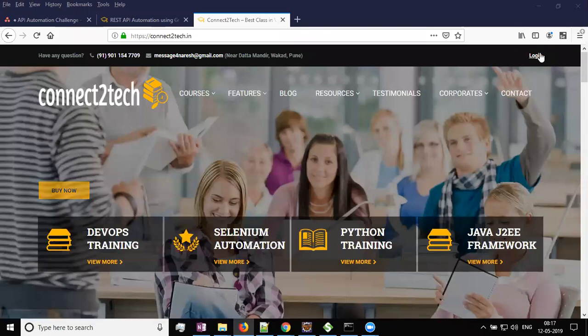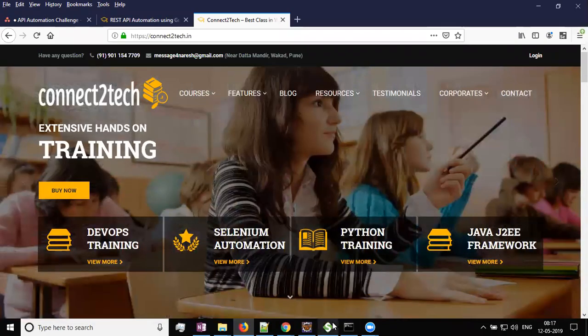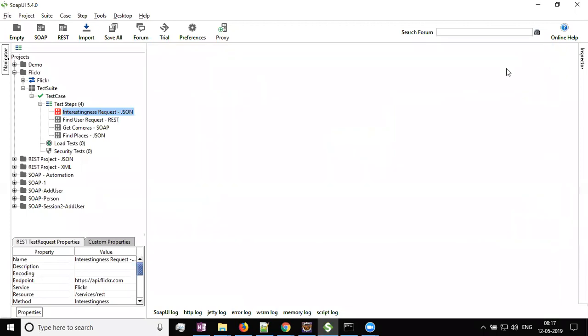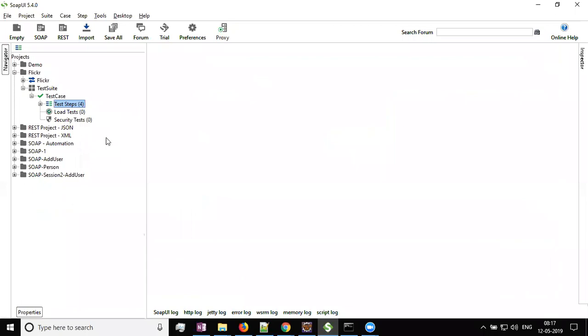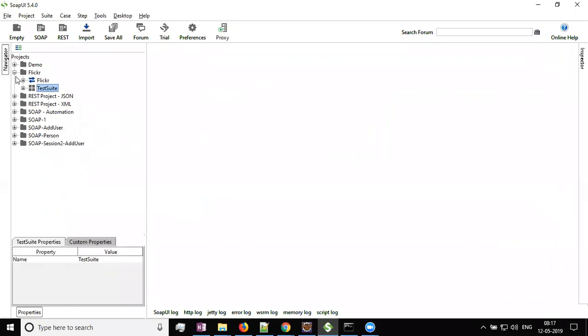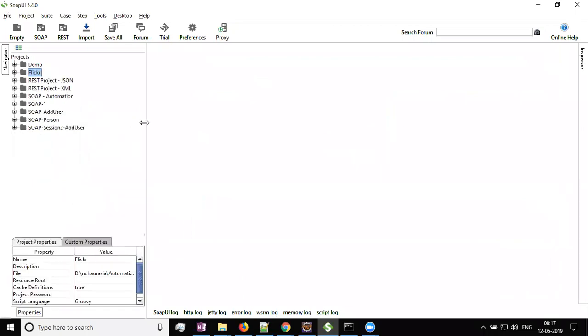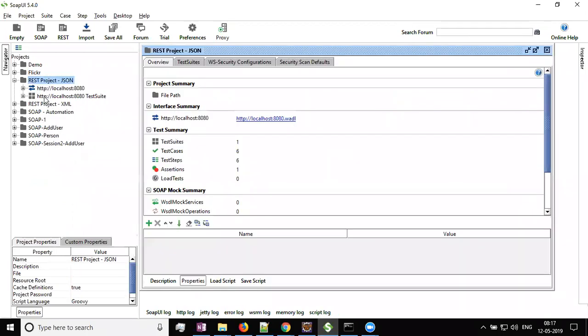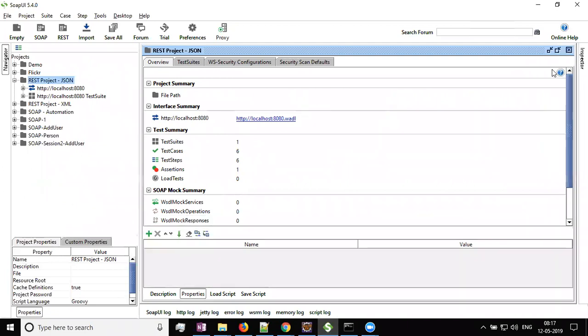Okay, so today we'll continue with what we were doing in the last session. I told you that we'll try out some assertions today. For this, did you people register with Yahoo? Yes, no, guys? Yeah, done. Okay, so first thing we are going to make use of a Flickr account